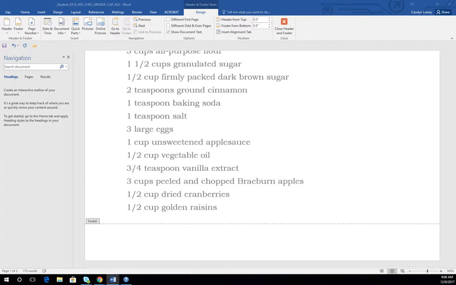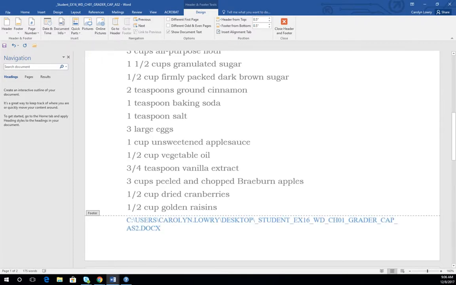So I want to put my file path. I want to know what the directory is where I'm going to save this so that anytime this is printed out and I wonder where is that document, it'll be right there on the document. And then I'm going to hit tab twice because right aligned over here, I want to put another document info. I want to put the document title. There's not a title on this document because we took it off. Nevertheless, I could put the document title, I could put the page number,